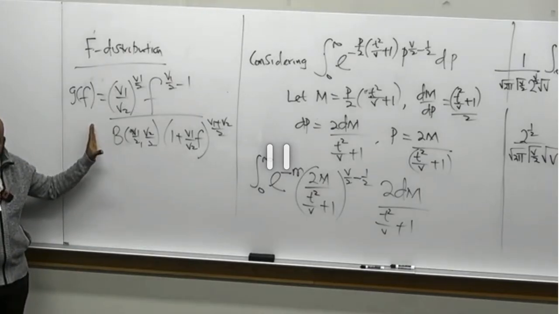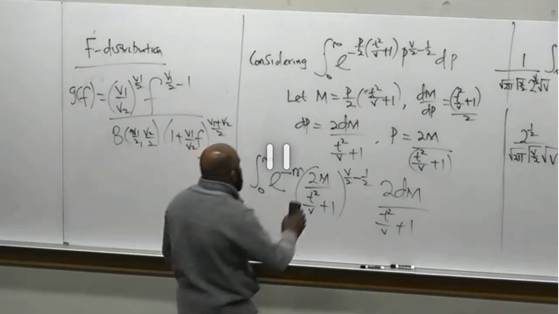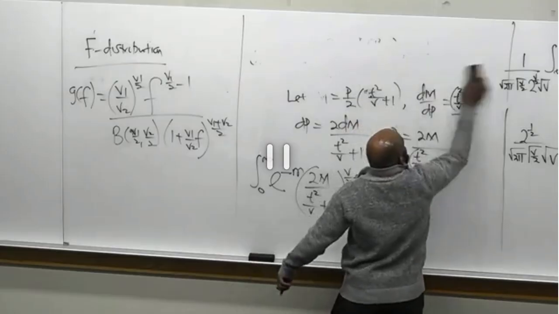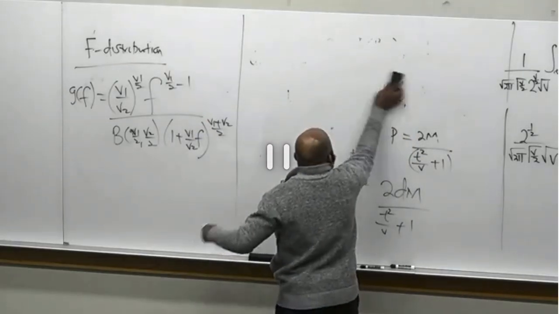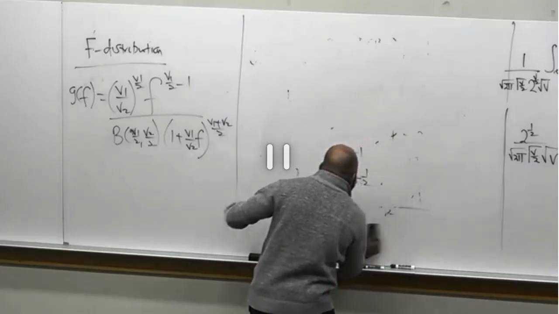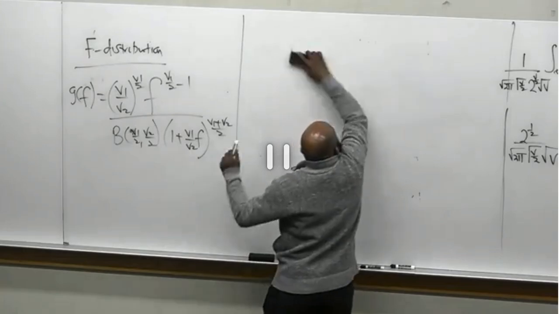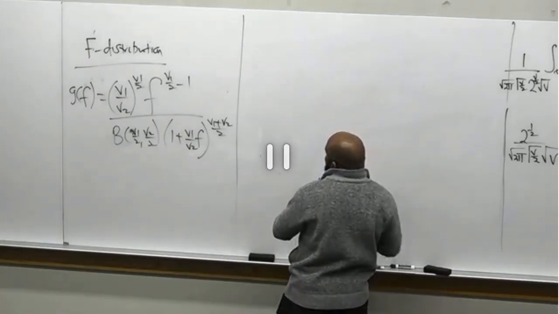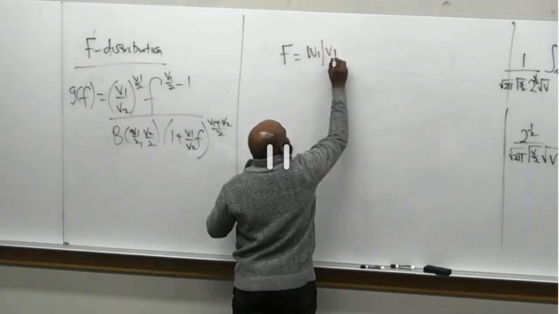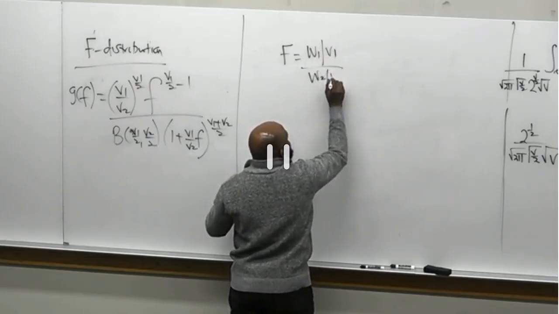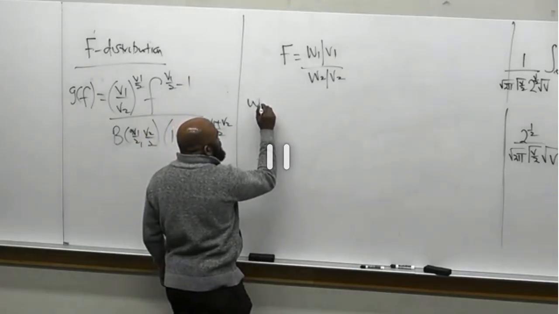Okay, this is what we want to derive. This F distribution. How do we derive it? Now, we want to get started. This is what we're targeting. Now, please pay attention, we are told that F equals W1 divided by V1, over W2 divided by V2. Okay, W1